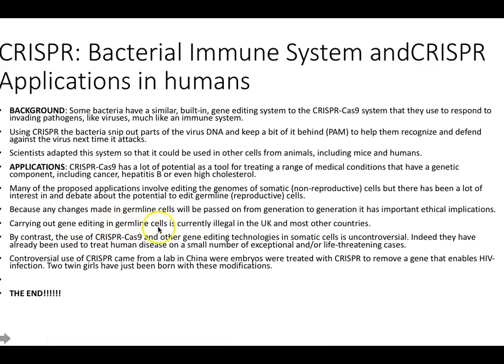Right about now, carrying out gene editing in germline cells, eggs and sperm, sex cells, gametes, is illegal. It's illegal in the US, it's illegal in the UK, it's illegal in most of Europe. However, you can do it in a living person and not a germline cell. And in a living person, a child who has cystic fibrosis, they could be treated with CRISPR and not treat their germline cells. I mean, good God, this child could be 1 year old and they have cystic fibrosis, and then they are treated